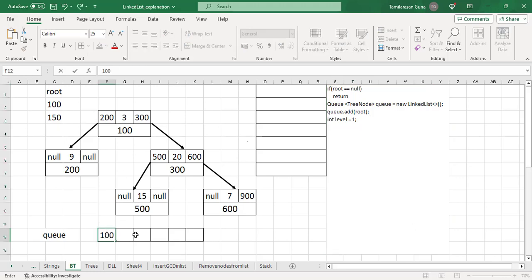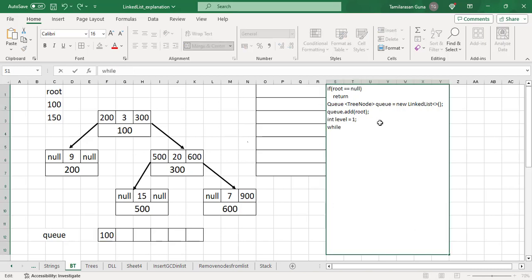Done. After this, I have to take a loop and I have to check a condition saying that whether my Q is not empty or not. So Q dot is empty. So if the Q is not empty,